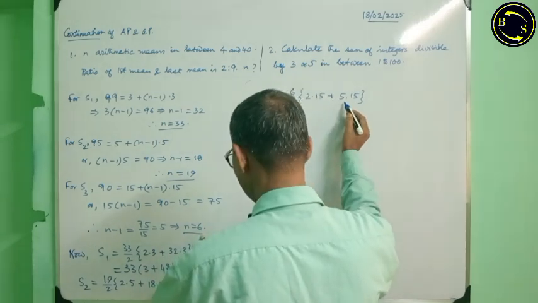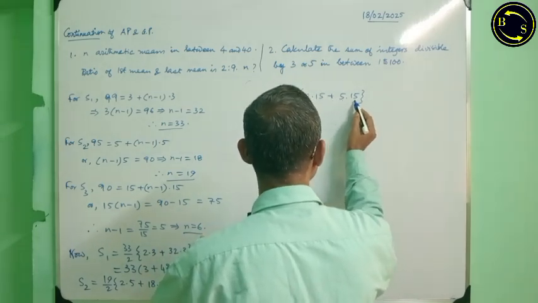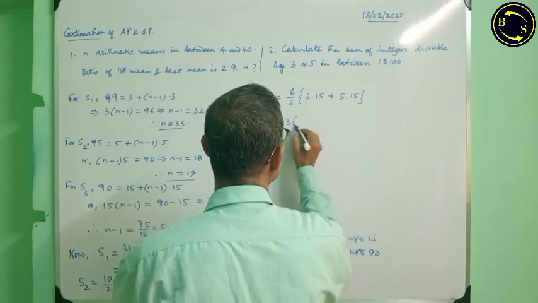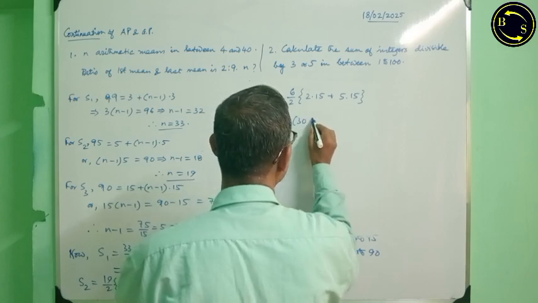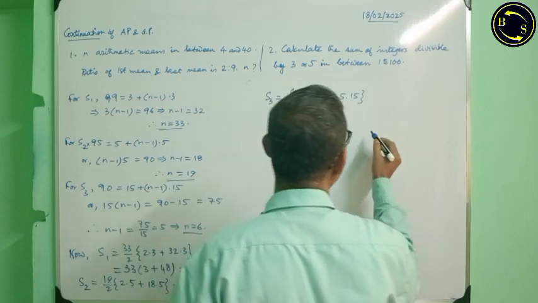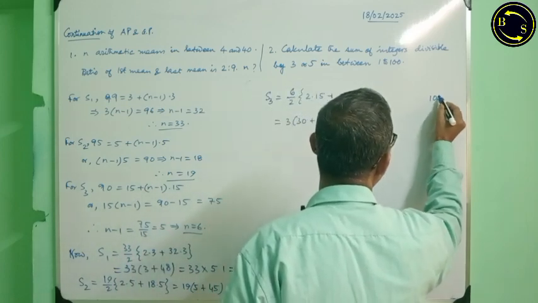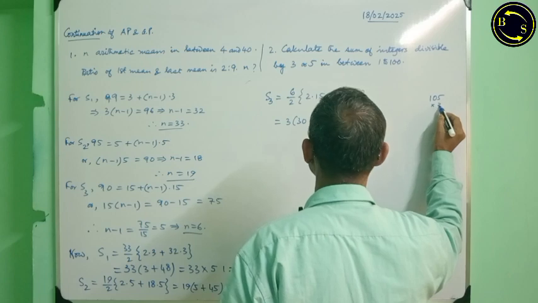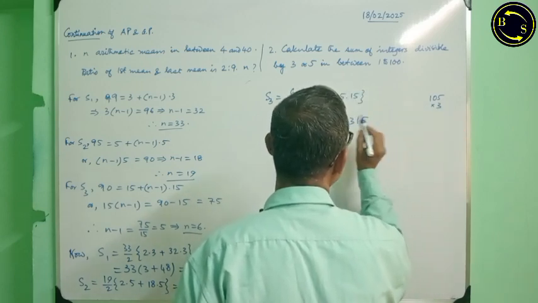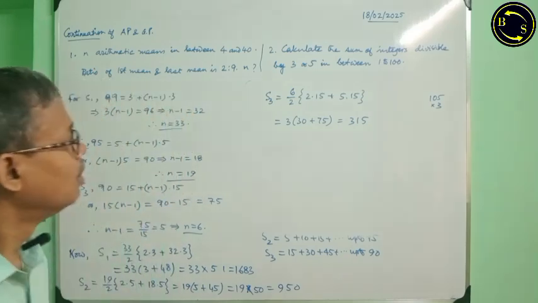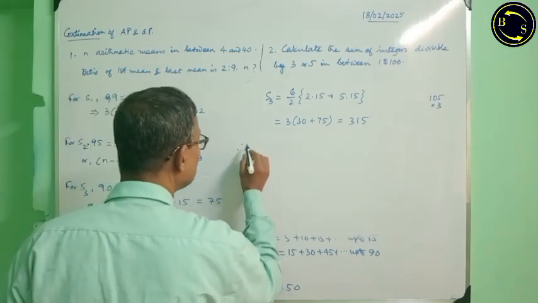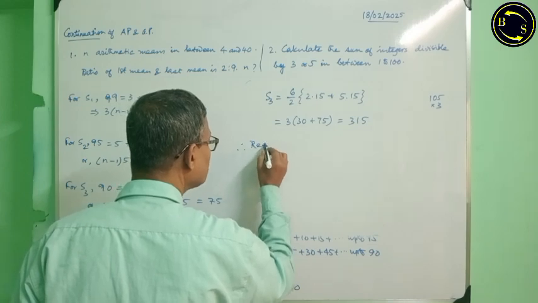A plus n minus 1 into d, this is (105 into 3), 315. Therefore, required sum